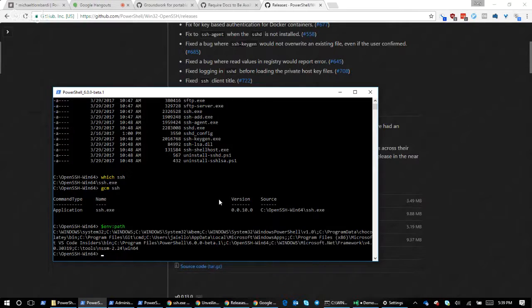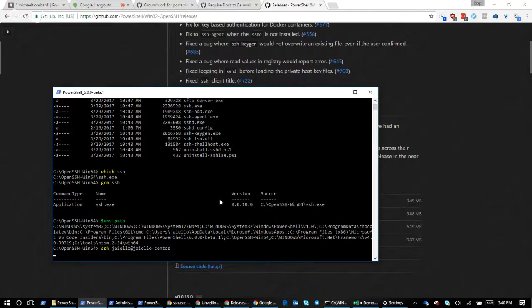So great. I want to go to a Linux machine, right? I've already set up SSHD on my Linux machine. It's got an account called Joey Aiello, and I just want to do some basic password authentication over there. So I'm just going to do ssh joey.aiello at joey.aiello-centos. This is my username, this is my host name, and this is going to do plain old SSH remoting over to that machine.